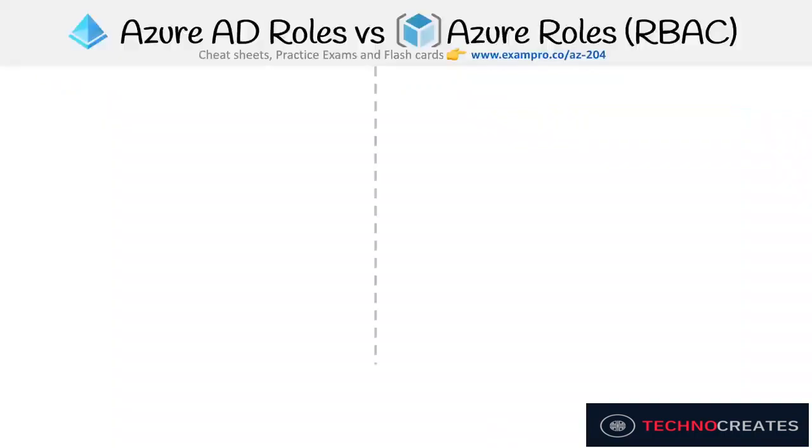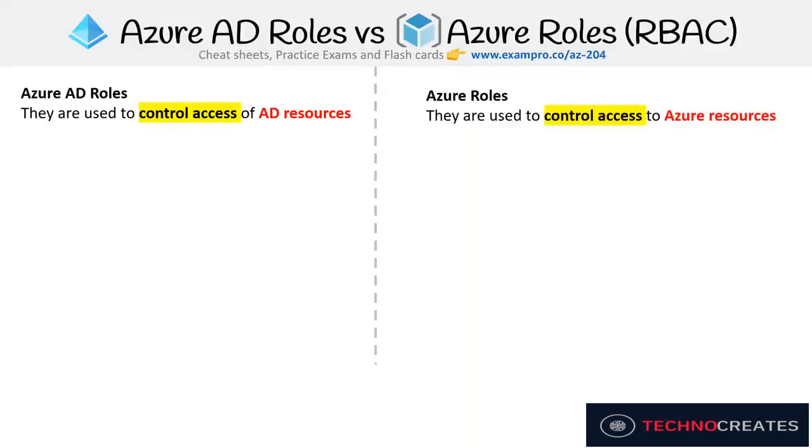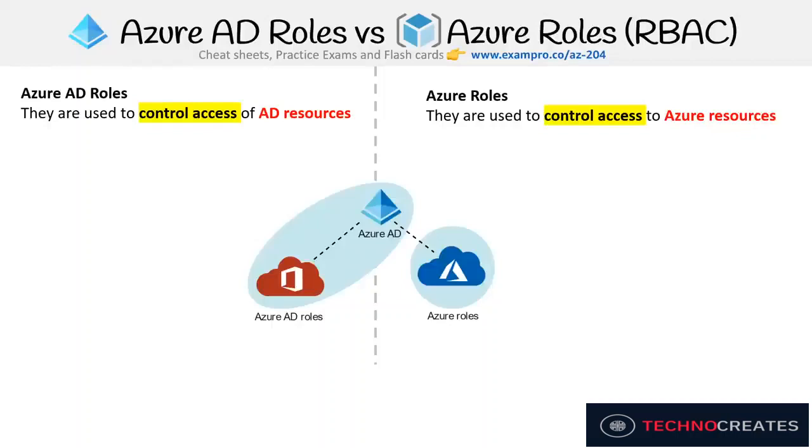All right, just another comparison here. I want to compare Azure AD roles to the Azure roles, the RBAC versions. So AD roles are used to control access to AD resources, and Azure roles control access to Azure resources. And here's a good representation, where you have AD roles on the left-hand side and Azure roles on the